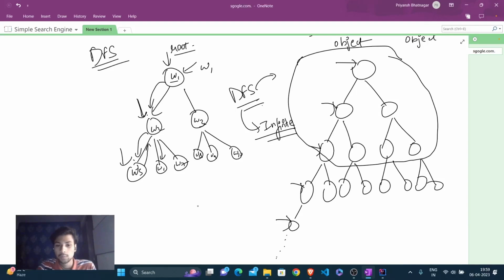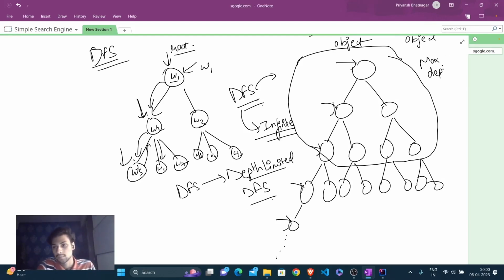Now, to make this more efficient, instead of using DFS, we are going to use depth limited search. So this is depth limited DFS. Now, what this depth limited DFS is, we assign a maximum depth. Now, what this maximum depth will be showing us, let's say if it is D, let's say if it is